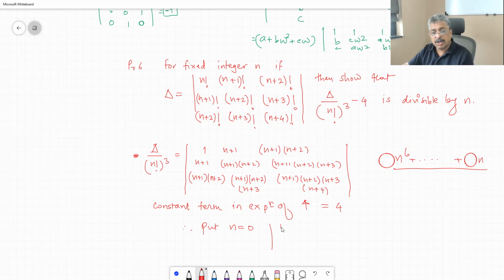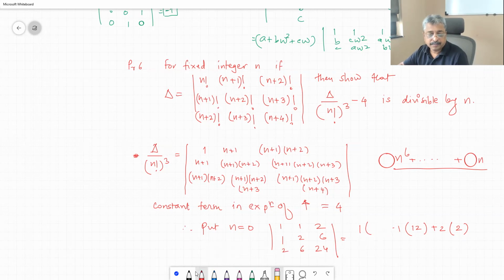Therefore our determinant becomes 1, 1, 2; 1, 2, 6; 2, 6, 24, and therefore this is going to give us the constant term: 1 multiplied by 24 minus 1 multiplied by 24 वजा 12 अधिक 2 multiplied by 6 वजा 4, 2, 48 बरोबर चाललंय. अरे 48 कसं नसतं, 48 वजा 36 वजा 1 गुणिले 12, 24 वजा 12 अधिक 2 गुणिले 2, हाँ हे किती झाले 12 minus 12, 4.